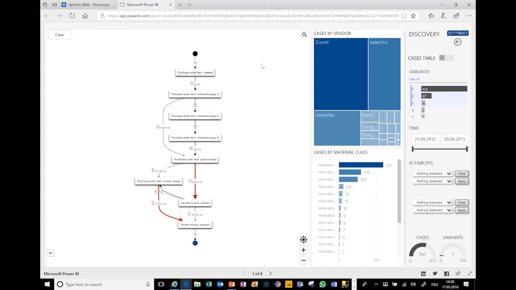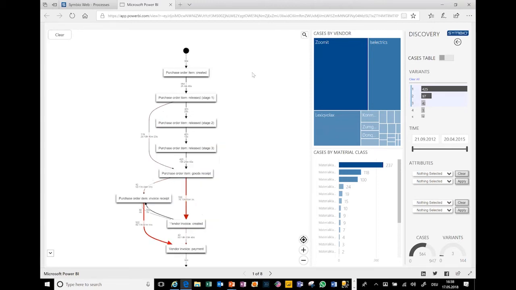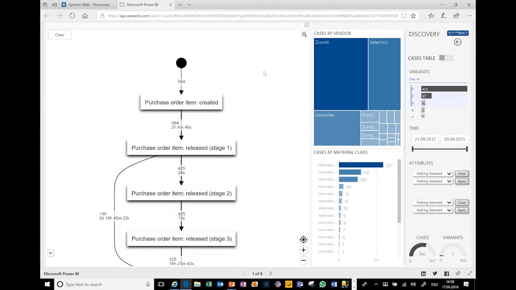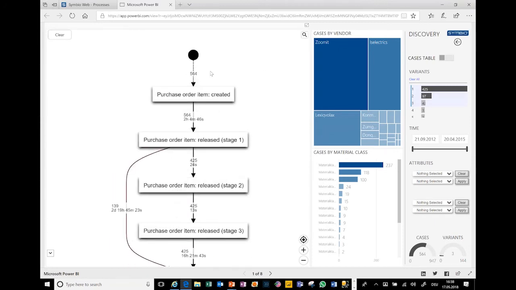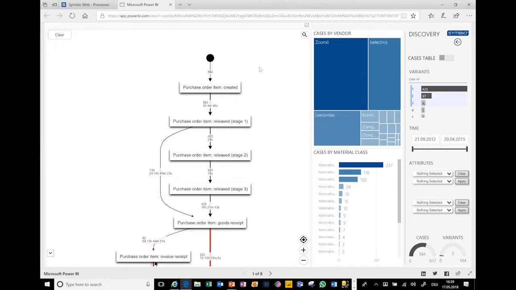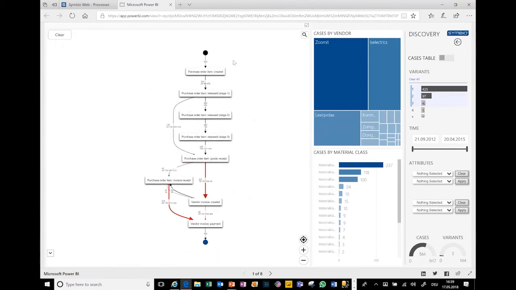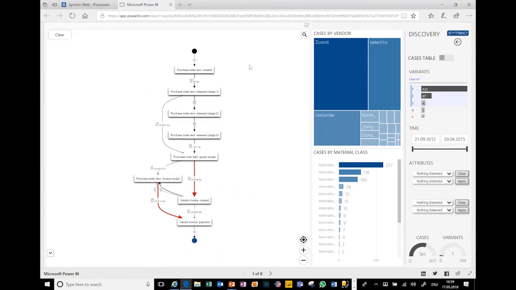So I see the process here, and I can zoom a little bit. I see I have 564 cases that go through this process. And on the right side, I have different kinds of attributes that I can use to filter and sort. Especially here on the right side, the variants.